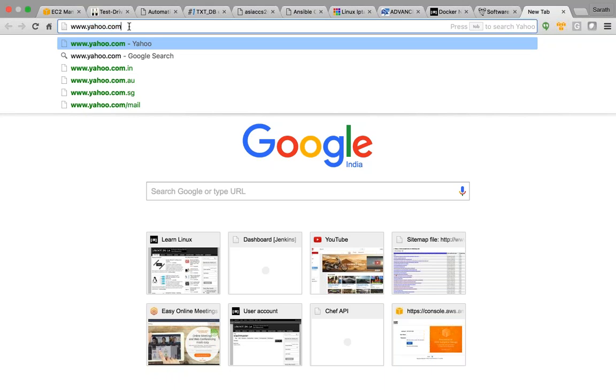So dot has a very detailed, I must say, importance in the case of DNS. We will learn all of those stuff in the coming days, but for now, keep the fact in mind: www is a host, which means this is the name of the server, the name of the computer, and this is the name of the domain.